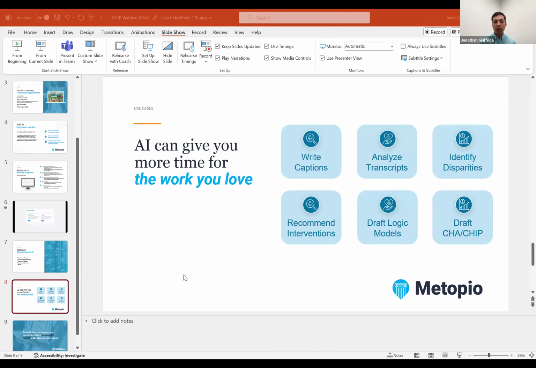This tool will immediately be able to start recommending you programs simply if you give us a little bit of information about your institution, your service area, the kinds of people that you treat, and what your need is. So you could put in that information. It doesn't have to be finalized, and you can edit it later and use that to generate and search through our program library. I think that is really the most interesting part of the CHIP, and that is where we want you to be spending most of your time, and especially brain power. And you can start that well before you're finished with the CHA.